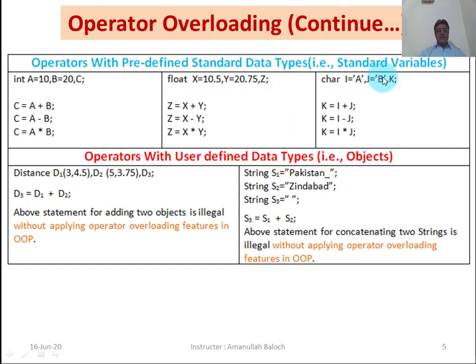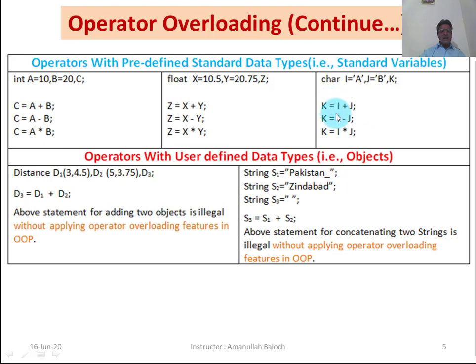Similarly, I, J and K are three character variables. The value of I is A, the value of J is B. When we add I and J and assign the value to K, the computer will not create an error, and we can also subtract or multiply two character variables, because character is a standard data type.